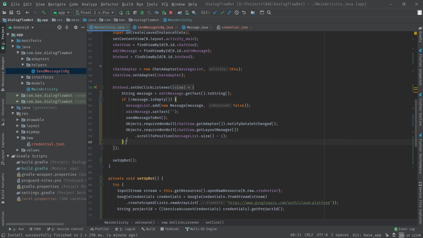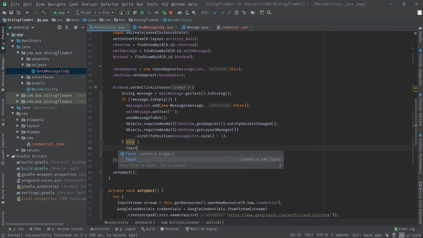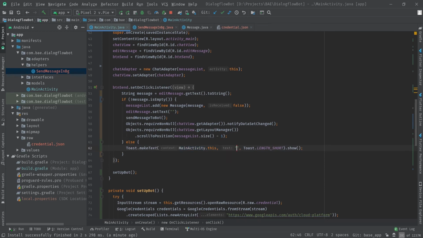If it is empty, it will show a toast, "Please enter text." Sounds lame, but that's okay. Otherwise it calls the method sendMessageToBot and refreshes the adapter. It is adding the sent message to the list so that it is shown in the recycler view.